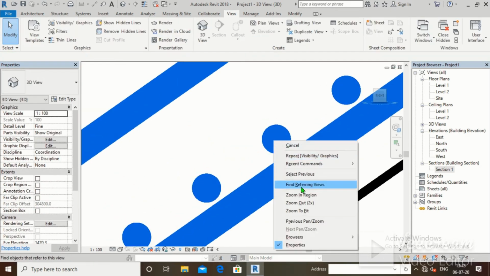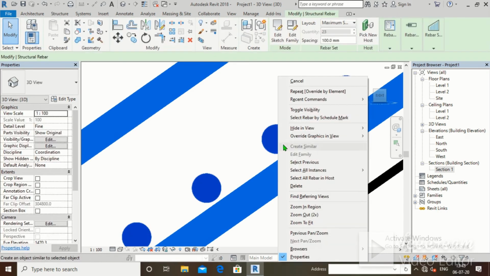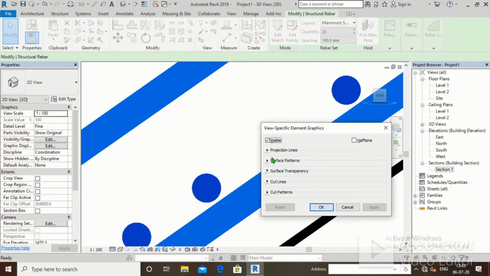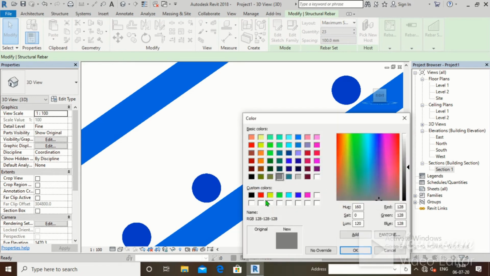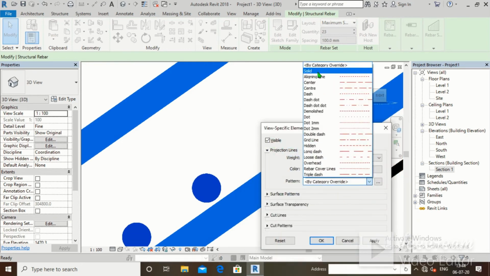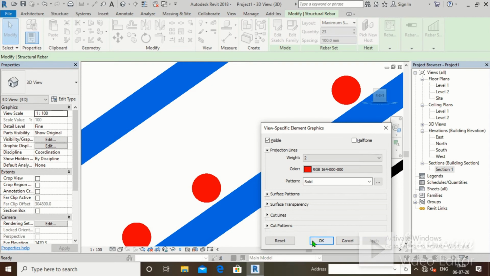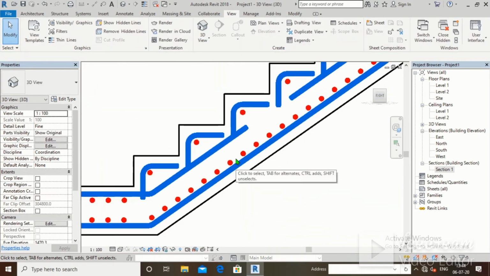Right click, override graphics in view by elements, projection line, weight 2, color red. We will take it 77. Click on OK. Pattern solid. Click on apply, click on OK. Okay, these are those bars.